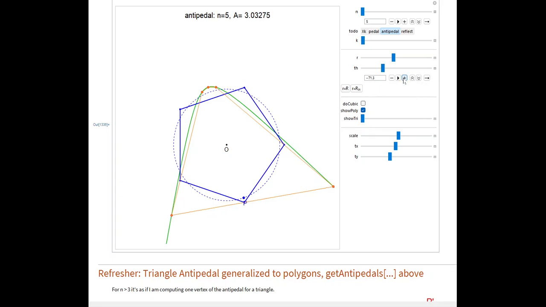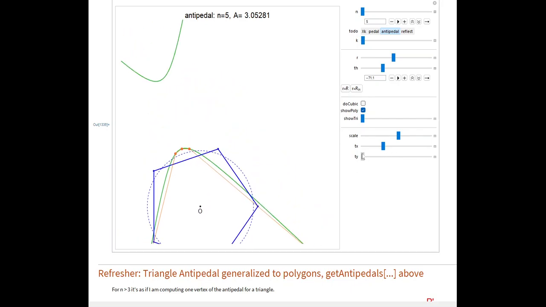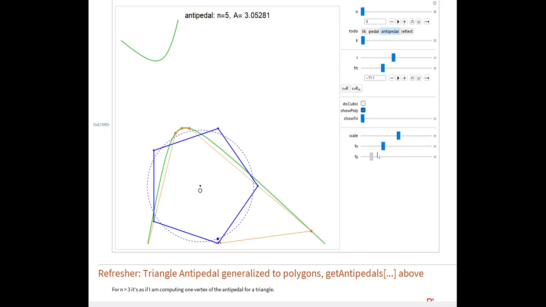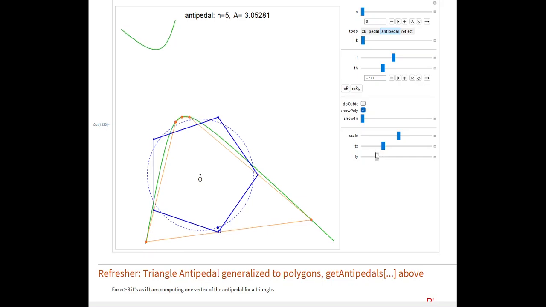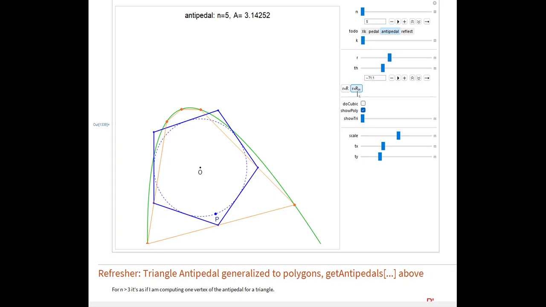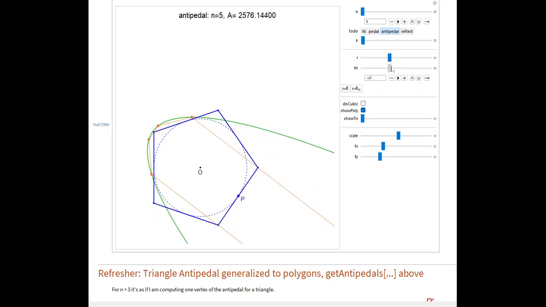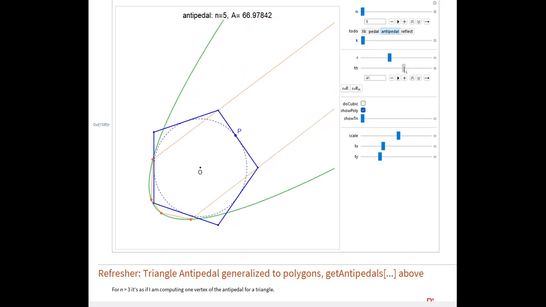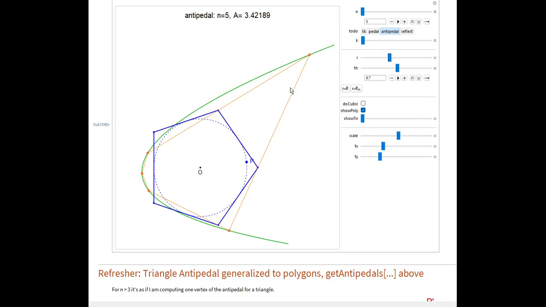I can just break the symmetry a little bit, like so, and put it like there. Yeah, so the phenomenon here is that I'm getting a hyperbola, okay? But what I wanted to show you is if R is on the incircle of this regular pentagon, then that conic becomes a parabola. And what I've noticed also is that you can see here that two of the edges of